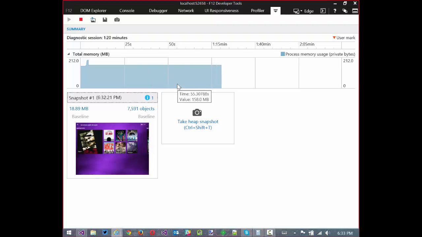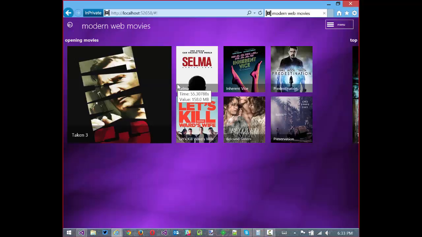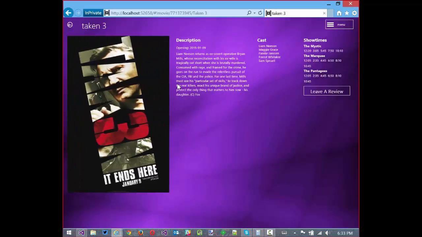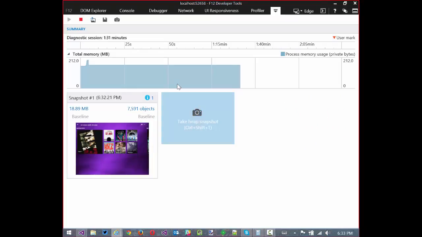All right. So what I'm going to do is, we took the snapshot on the home page here, and this page has about 40 images in it. I'm just going to drill into the token here, and this is taking us to the movie details, which should be a lot smaller because we only have one image and the text. Now, the reason why the images are important is that it really shows how a memory leak can build